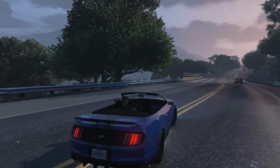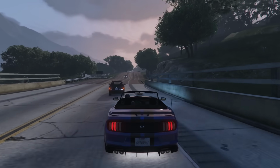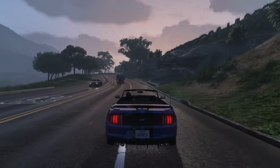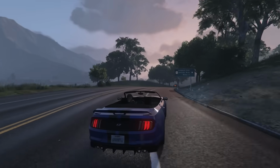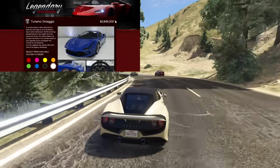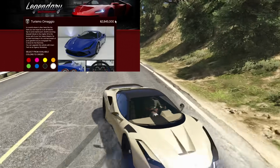The customization also is way better on the Dominator GT, in my opinion. I love some of the customization options that you can do on this vehicle. I think it's super worth picking up, and it is definitely one of the vehicles that I would recommend from this DLC. Next up at number 3, we have the Grotti Turismo Omaggio, coming in at